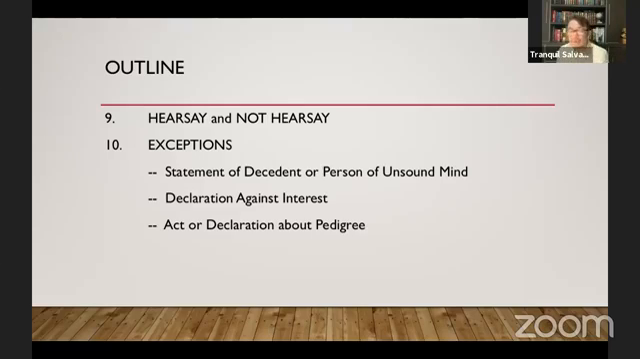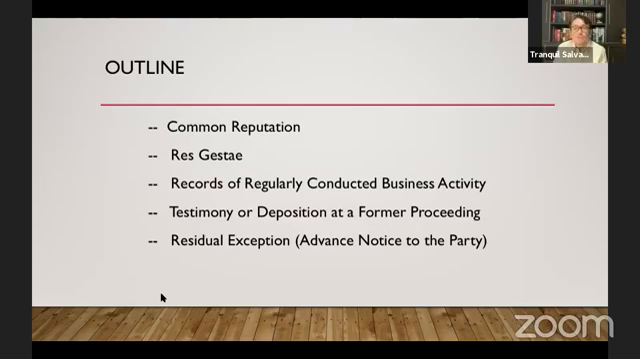Okay, now let us look at common reputation. Common reputation, as we know, reputation is how people perceive you to be. That's reputation, as distinguished from character, who you really are. Your reputation could be bad, but that's not who you are in terms of your character. So reputation is how people perceive you to be. And that is again an exception. The source of the information